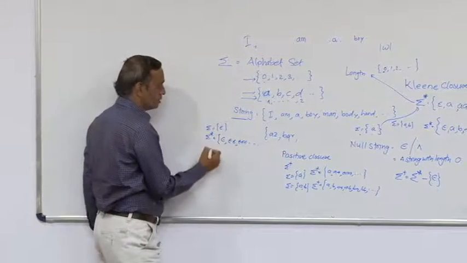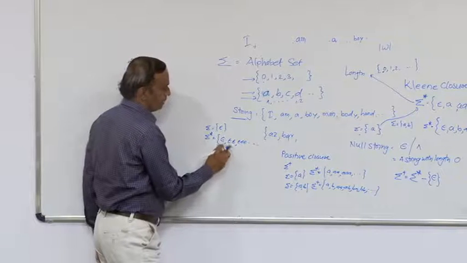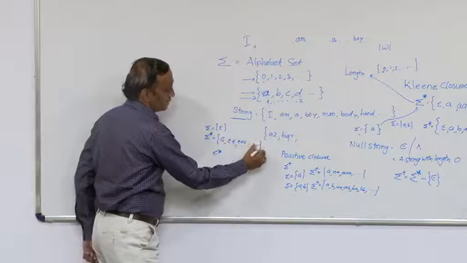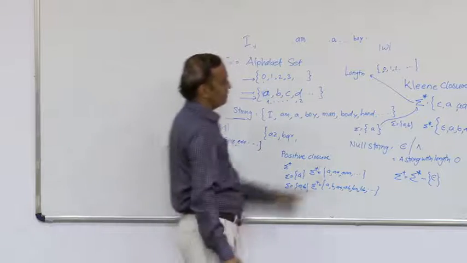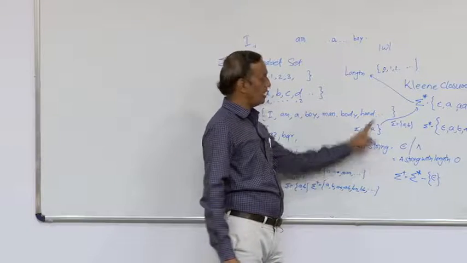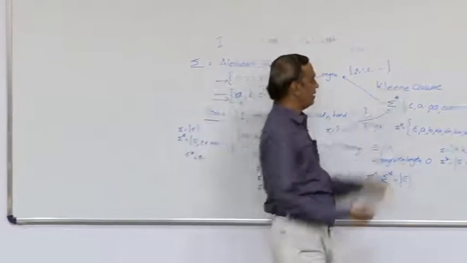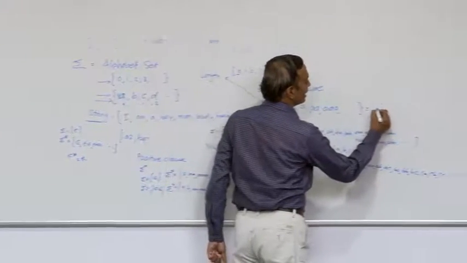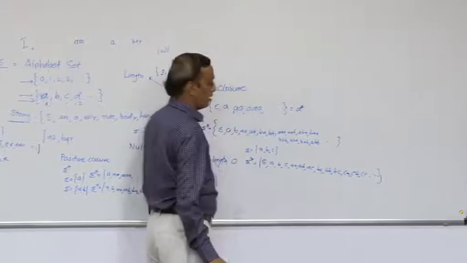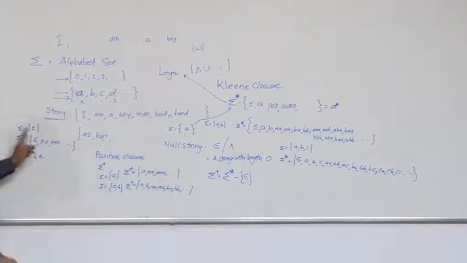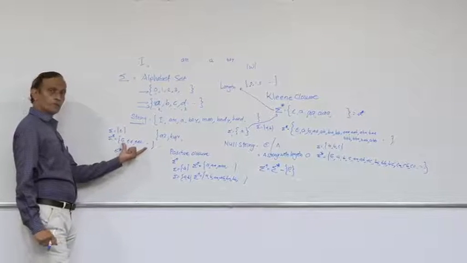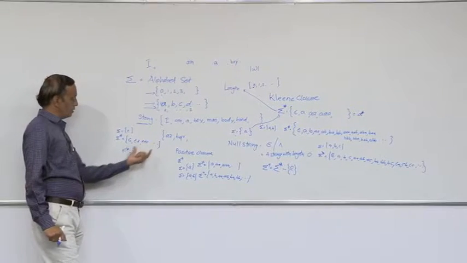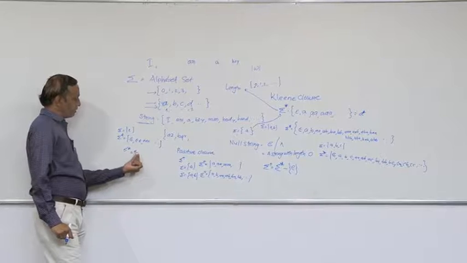So my epsilon star would be, even if I write epsilon multiple times, it would always be epsilon. So this also can be represented. Whenever I am talking about sigma equal to A and I am calculating sigma star, I can represent this set directly as A star. On the same line, if sigma equal to epsilon, the sigma star would be epsilon, epsilon, epsilon and so on. So ultimately I can write epsilon star equal to epsilon.